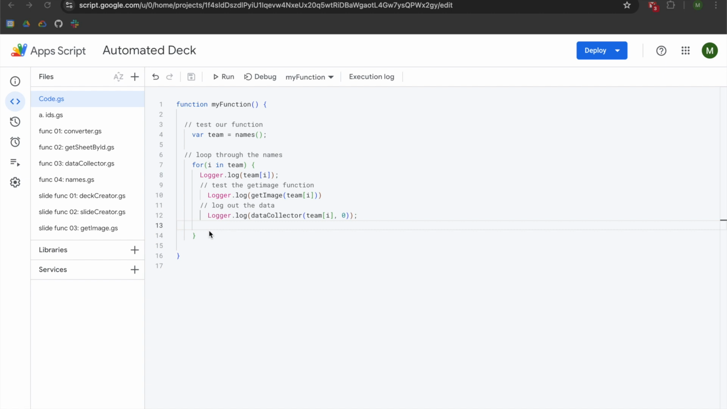Hey folks, in this video, we're going to be learning how to automatically insert an image from a Google Drive folder into an automated slide deck using Google Apps Script. This is a continuation of my series that will teach you how to automate the creation of slide decks. So in our last video, we